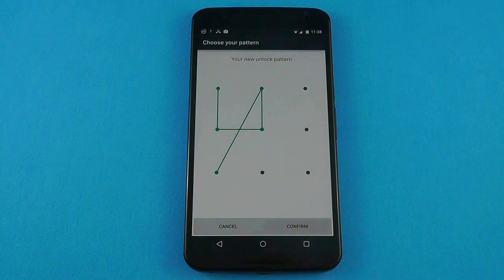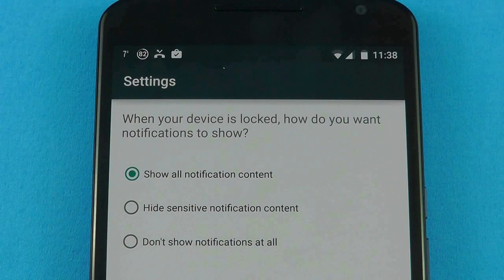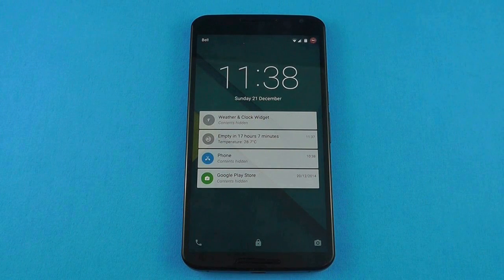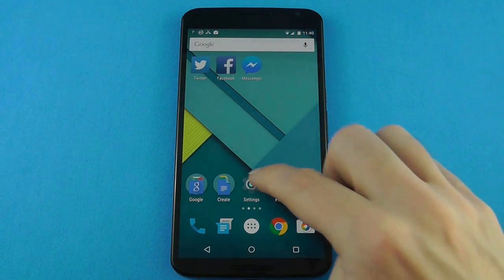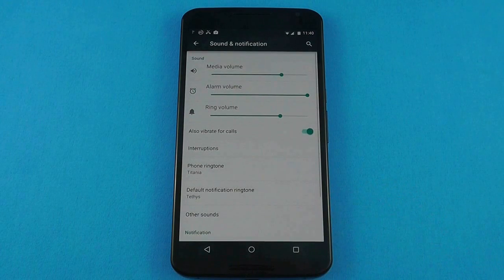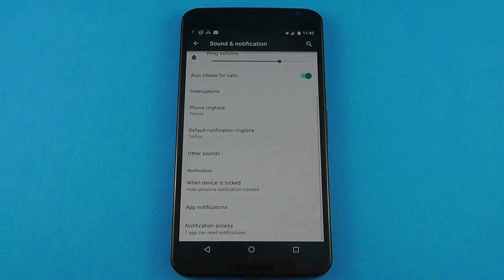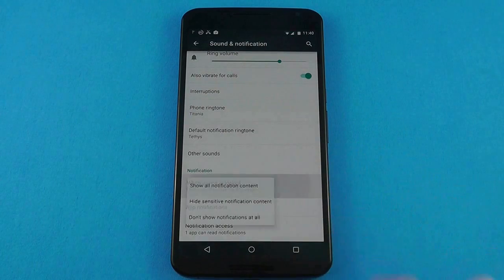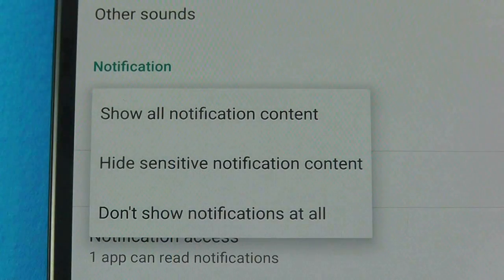After you have done this, the next screen you see asks you if your notifications should be displayed. If you choose Hide Sensitive Notification Content, then when you next display notifications, any content will be replaced with the line Contents Hidden. Once you have security in place, you can change notification security options by going to Settings and then Sound and Notifications. The option you want this time is When Device is Locked, and this will give you